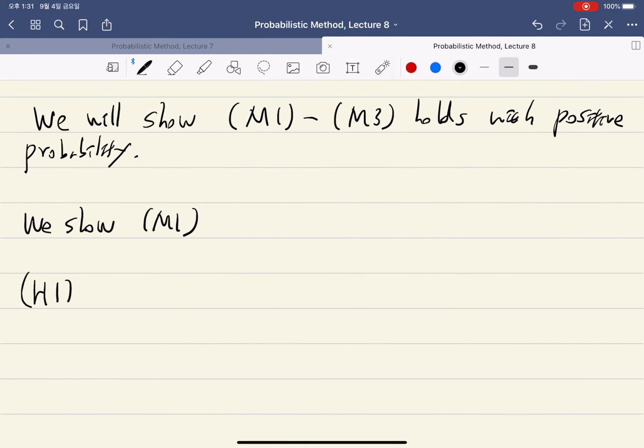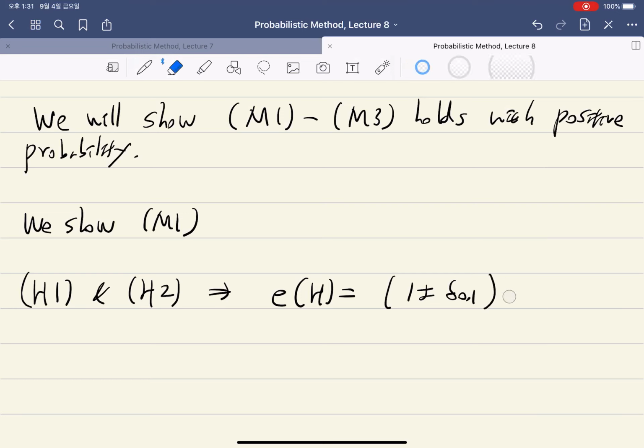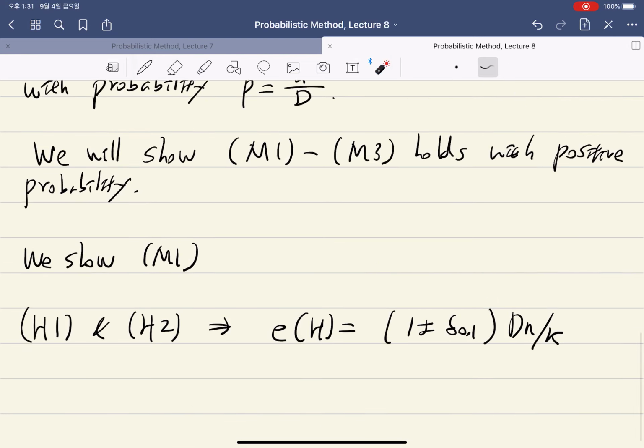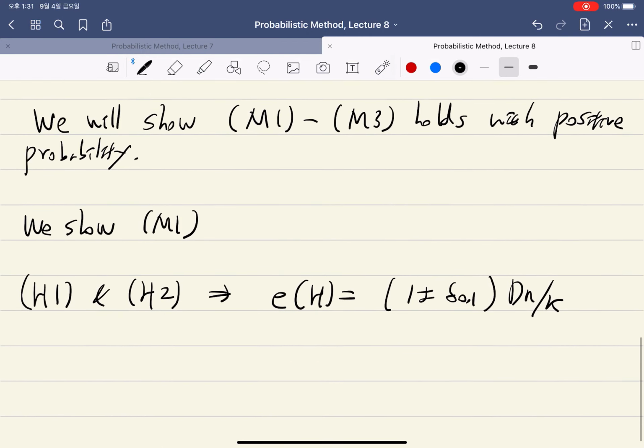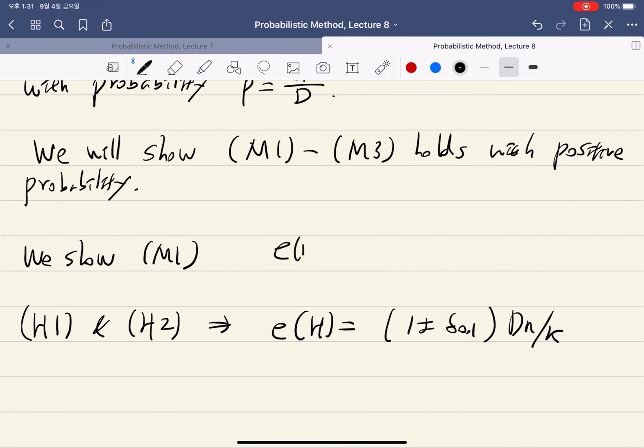So H1 and H2 imply that the number of edges in H is 1 plus or minus delta sub 0.1 times dn over k. Here you can see why we make this choice. The number of edges in H is the same as 1 over k times the summation of degrees. And by H1,